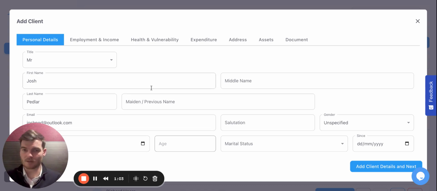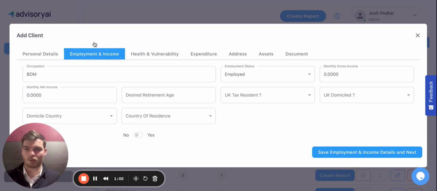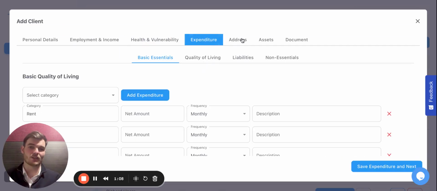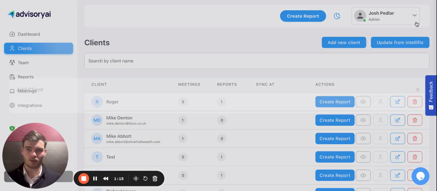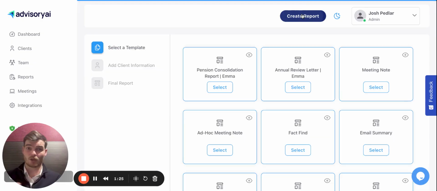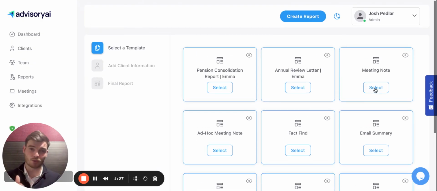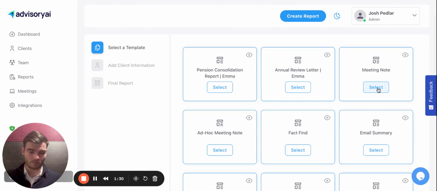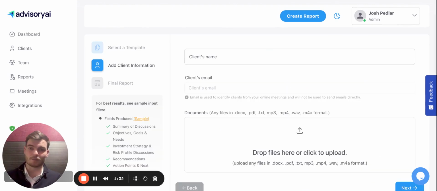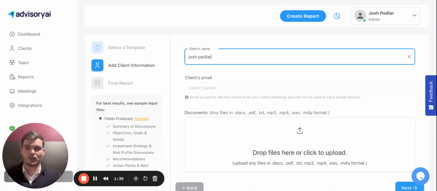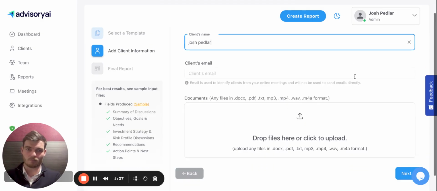Now here I can plug in the details that I need to: employment and income, health and vulnerability, expenditure, address, assets, documents, and then I save that and it will push that back into Intelliflo. For this demonstration though, what I'm going to do is run a structured meeting note, and I'm going to show you how you can push that data from a transcripted meeting note that your advisors had into IO and update the fact find. So all I need to do is type in my name,